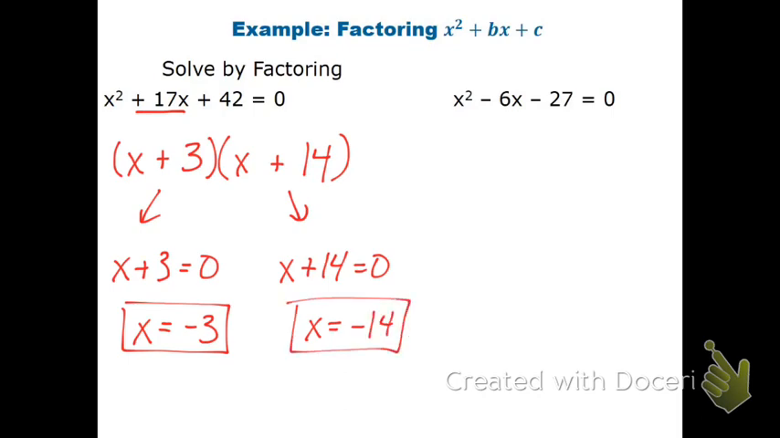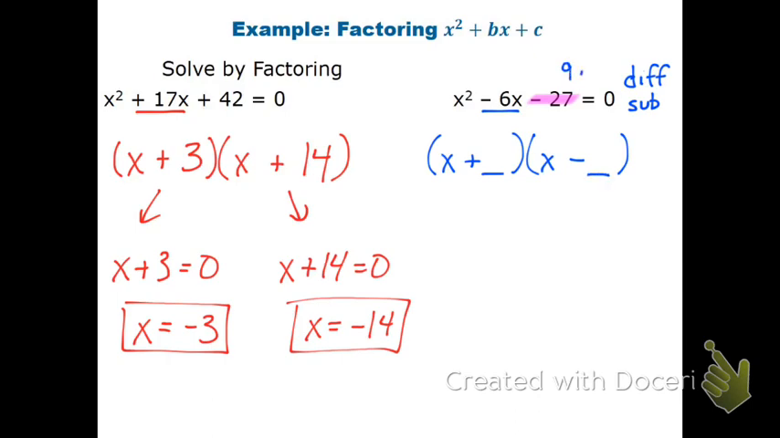With the second one, again, I look at my C value. It's a negative number, so that means that I'm going to have different signs in my parentheses, and I'm going to subtract to get my B value, which is 6. I'll take care of the signs later, so I can do my parentheses, x plus and x minus, and then I'm just trying to figure out what number goes in each space. Again, I want two numbers that multiply to get me 27, and then subtract or have a difference of 6. And so it ends up being